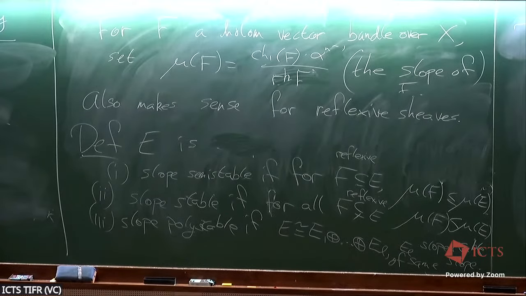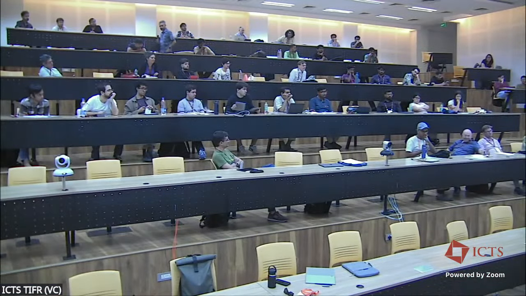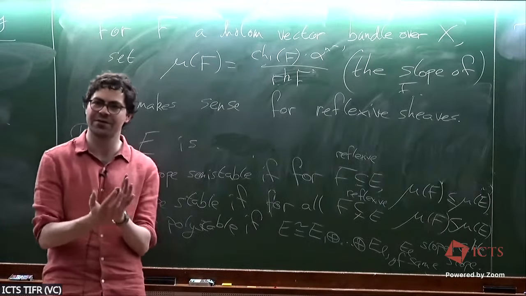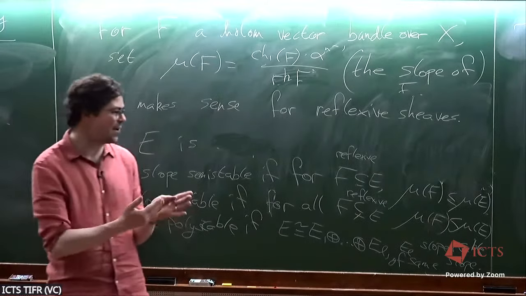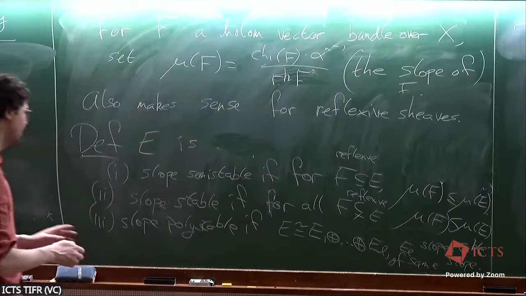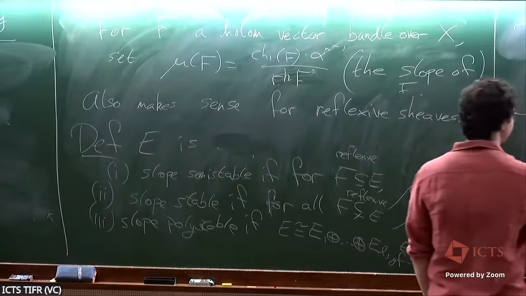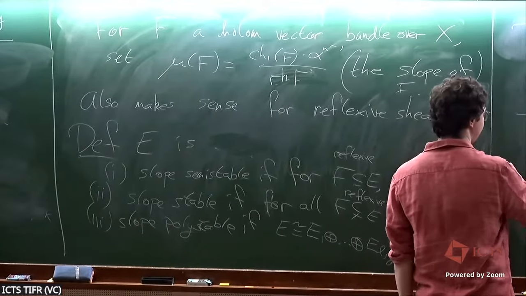Okay, so does slope semi-stability say anything about a metric that E can admit? Yeah, that's a great question. So what you should imagine is that slope semi-stable means you're a small deformation of a polystable object. So metrically what's happening is you can find Hermitian metrics such that, maybe it's easiest to write it down, the L2 norm